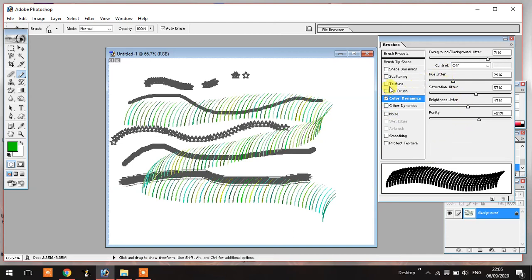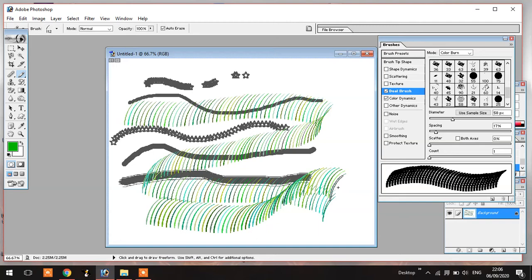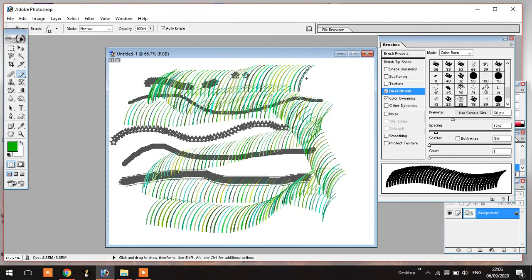You can also use dual brushes, like one is this one, another is this one, and then use them. So you can have a variety of brushes.